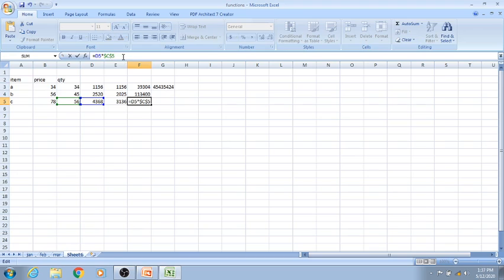So if the row number and the column name contain the dollar sign for a single cell address, that is absolute referencing. If either the row or a column contains the dollar sign, that is mixed referencing. And if we are not using the dollar sign, that is relative referencing, and relative referencing is the default referencing which is used in Microsoft Excel.